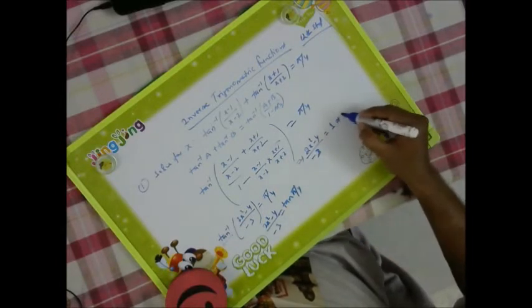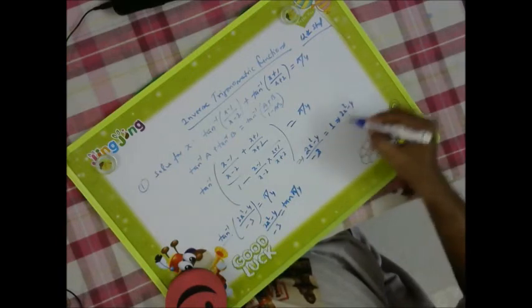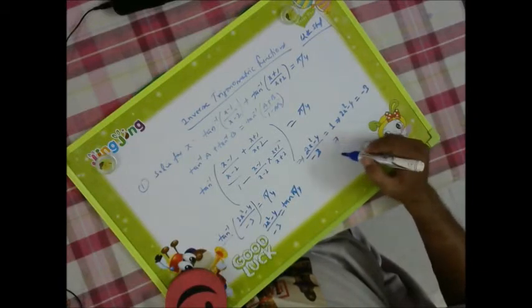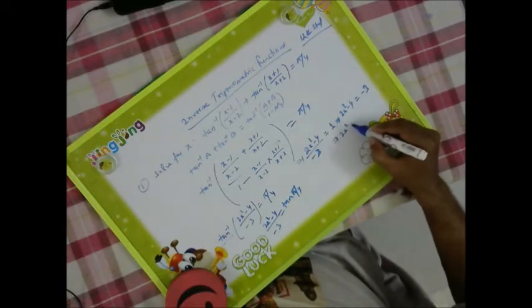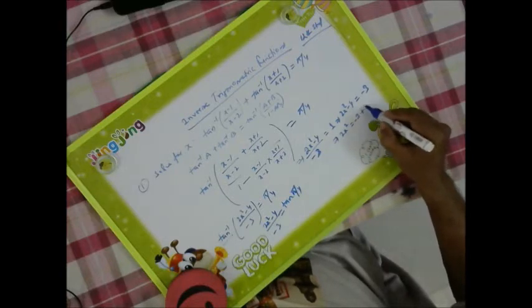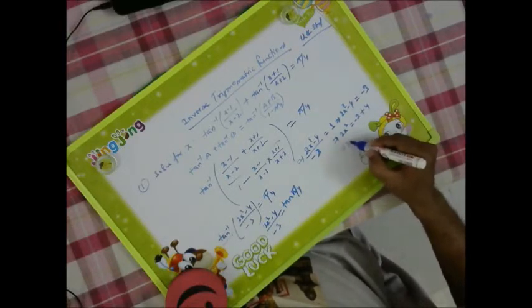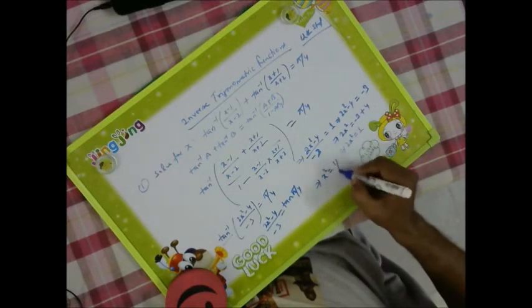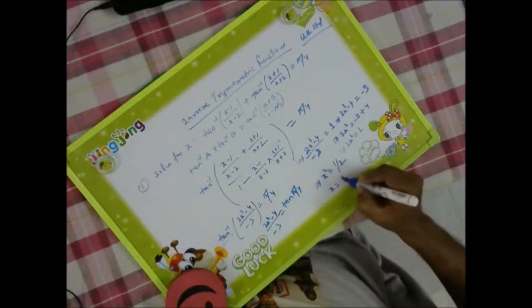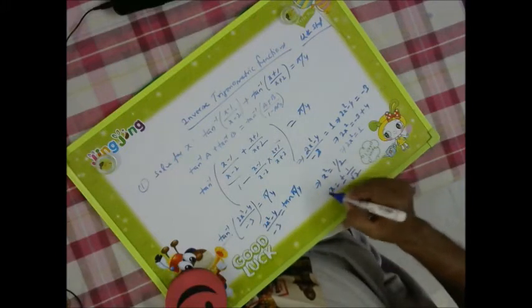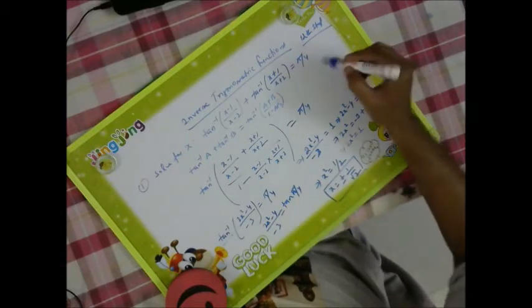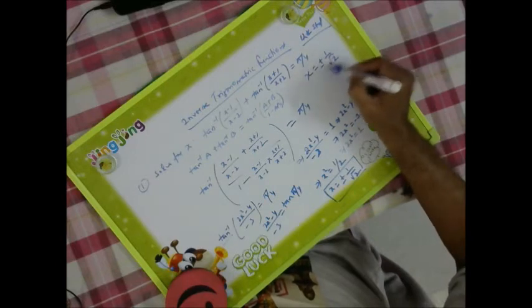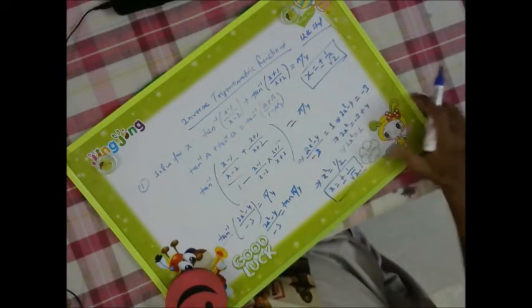and this will give us 2x square minus 4. This minus 3 will come here, minus 3 will come here. Okay, and 2x square is equal to minus 3, plus 4. I will take this to this side, so it will become 2x square is equal to 1, right? Very good. And x square is equal to 1 by 2. So x is equal to plus minus 1 by root 2. So this value we will be getting. So solve for x is there. So x is equal to plus minus 1 by root 2 will be the answer for this one.